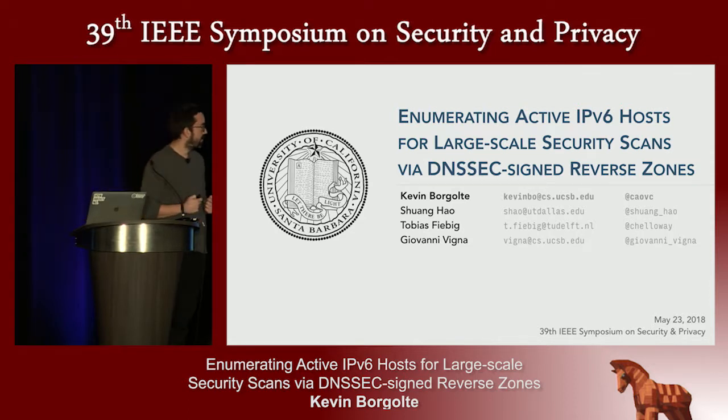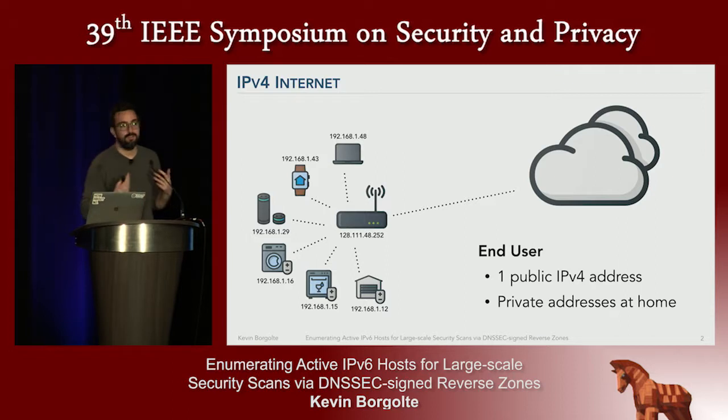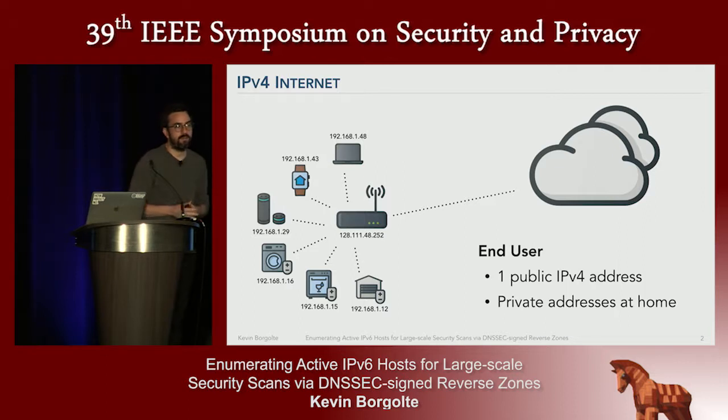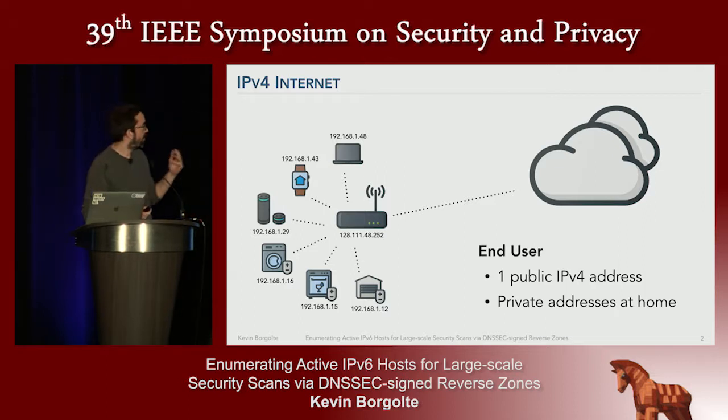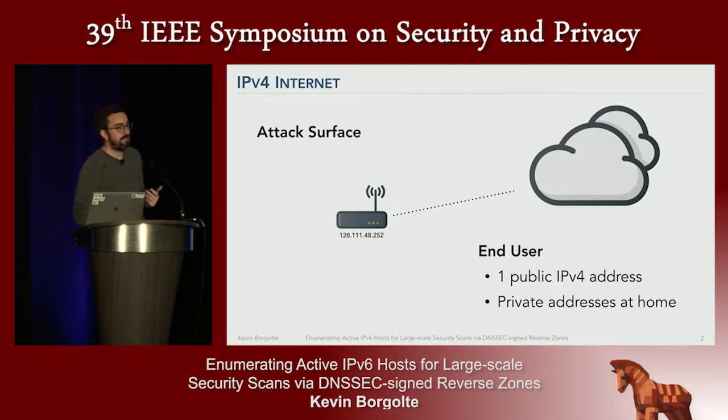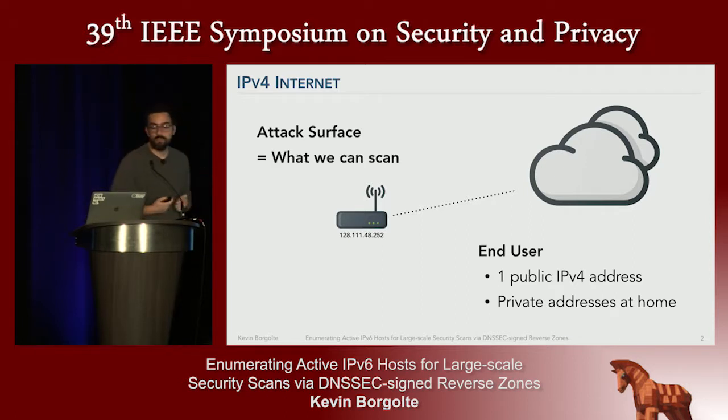Starting with how the internet looks today, as an end user you get a public IPv4 address, and then at home you're just using an internal network, for instance in the 192.168.1 range, for example a /24. At this point the attack surface is pretty much limited to your only externally accessible host, which is your router, or whatever you might have allowed to go through your NAT. And this is also what we can look at, evaluate, measure, and scan,